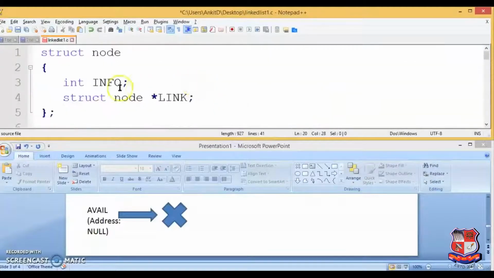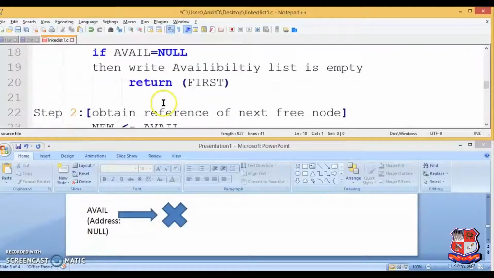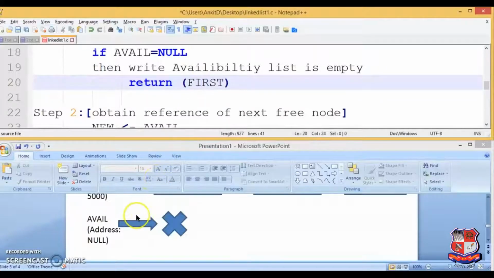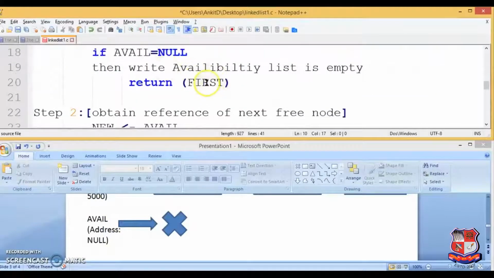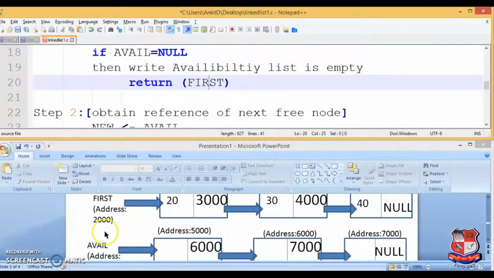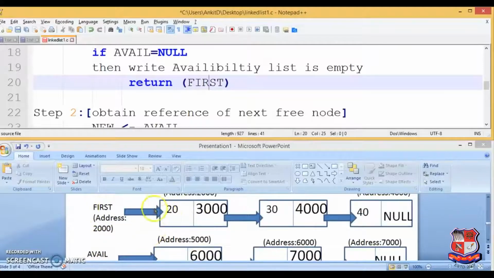The return value for this function is first. Whatever pointer you return from this function will automatically be assigned to the first element, so you have to remember that. Currently we are passing first as it is, as we obtained it. It means that we haven't created any new node, and the actual node is as it was earlier, 20.